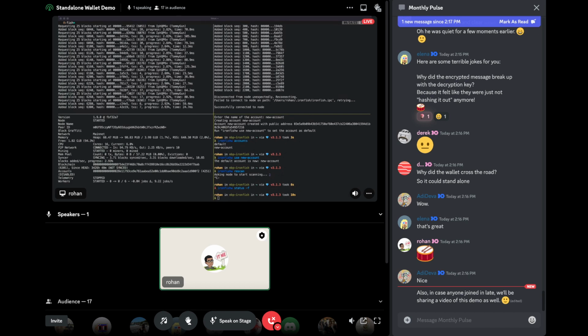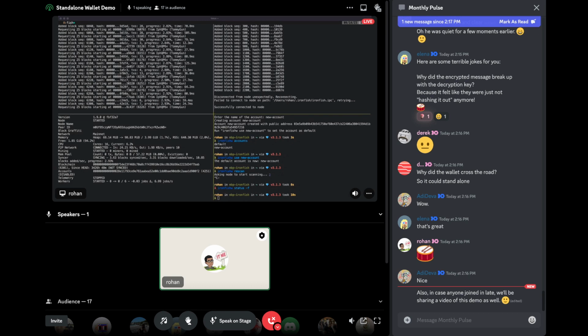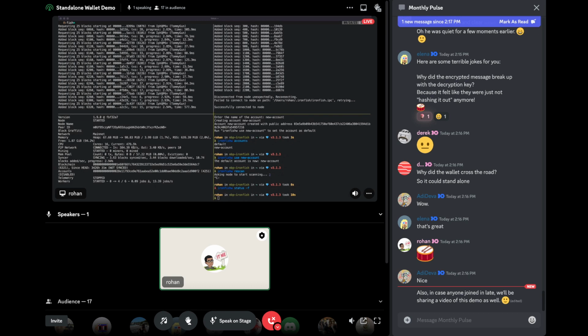I think what I'm going to do in these last couple of minutes is try to run this on DevNet and show you how transactions move. So it might just take me a